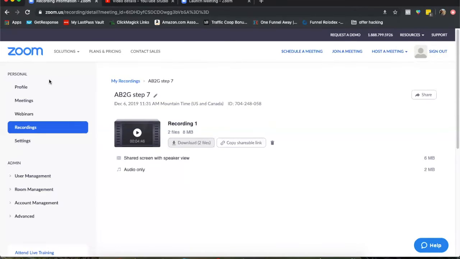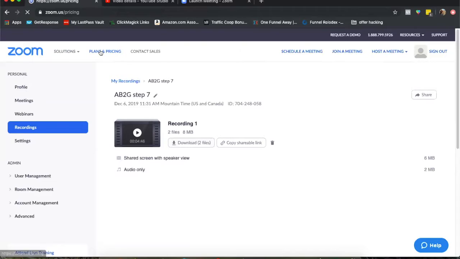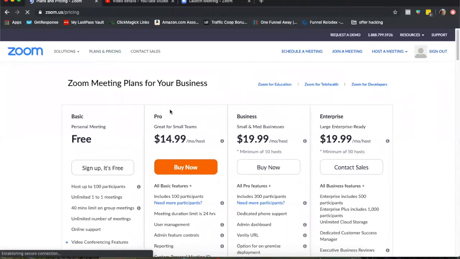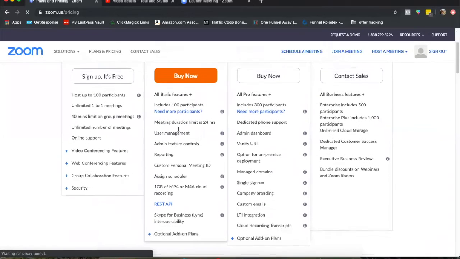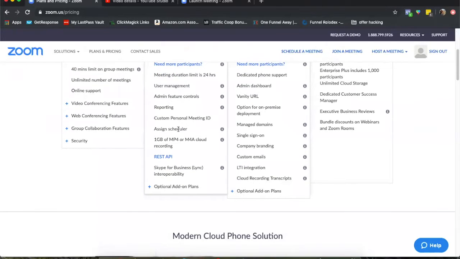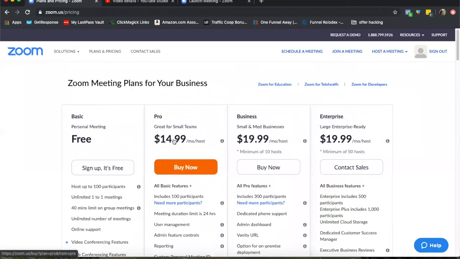There is a free plan if you want to get started with that, but I believe you'll want to go one step up. I believe that you'll want to get this pro one so you can have the features that you're going to need. It also lets you record Facebook Lives, which is cool. So then you can host a meeting on Zoom and have it recording on Facebook Live as well. And it allows you to do webinars, and it allows you to do what I'm doing here and record